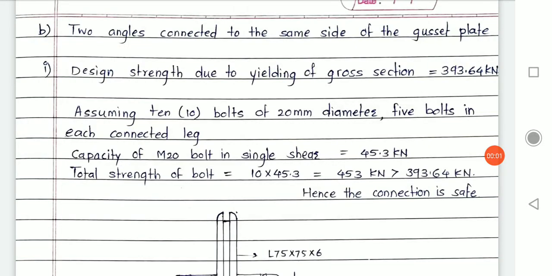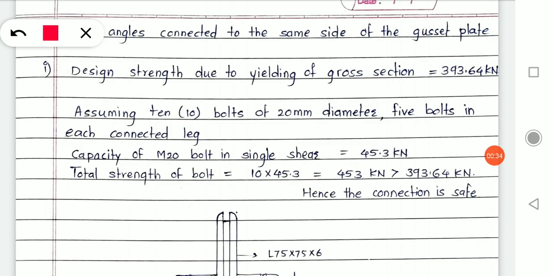Hello students, I hope you have gone through the previous lecture in which I was discussing tension members. The question asked us to find the tensile capacity of two angles connected back to back. I said in that previous lecture that I am going to rearrange the angles in different ways and find the tensile capacity. So this is part B of that same question, a continuation of the previous question.